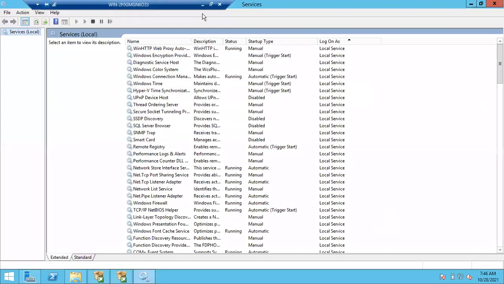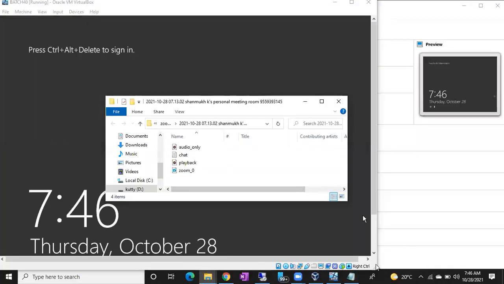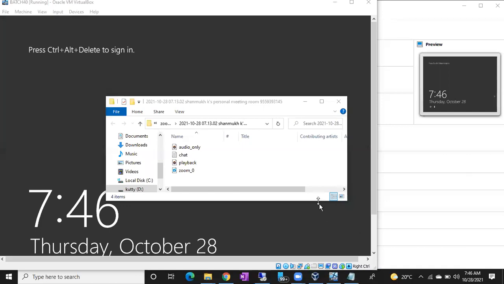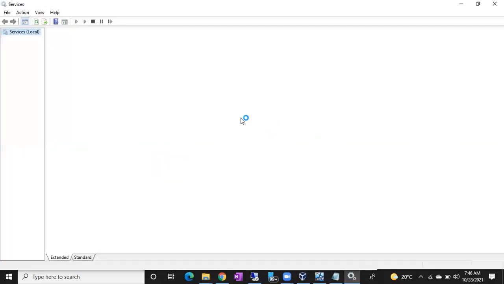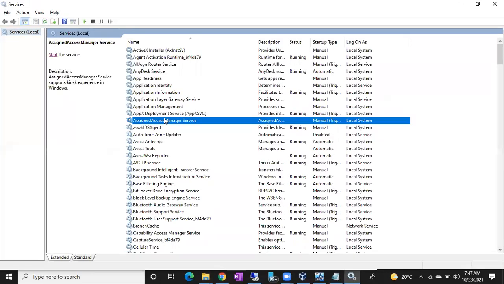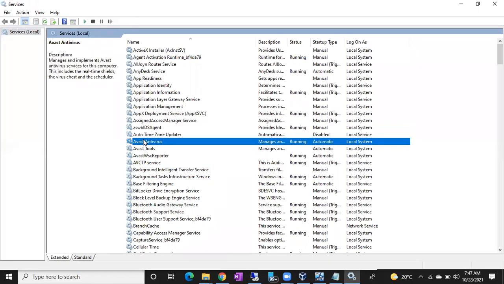Let me open my local services, services.msc. Whenever you install any software, it will run as a service in your Windows server or your laptop's operating system. For example, see here, Avast antivirus.